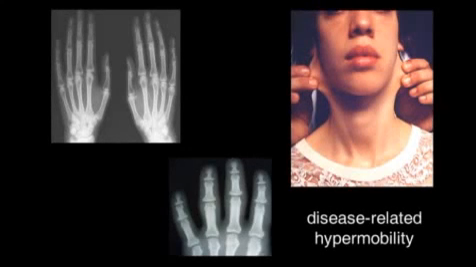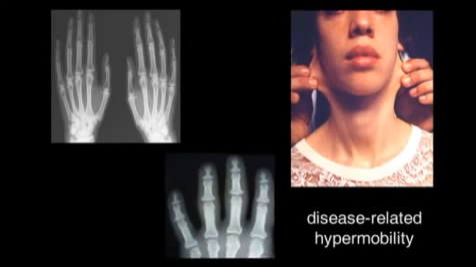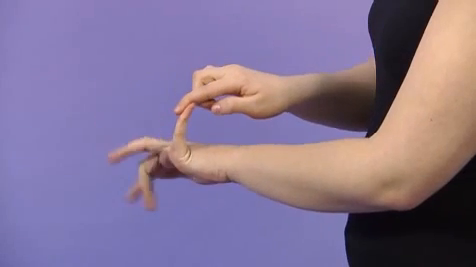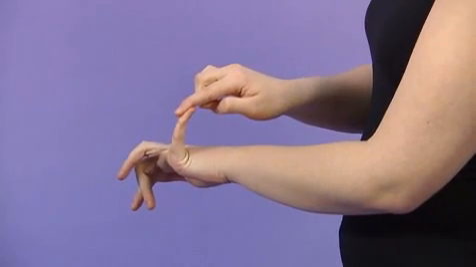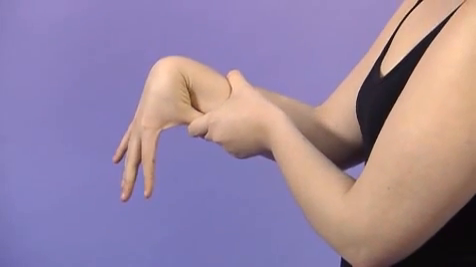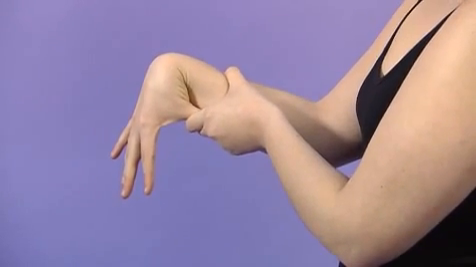Within this population, there are also a small number of individuals with disease-related hypermobilities such as Marfan syndrome, Ehlers-Danlos syndrome, and acromegaly. Hypermobility can be detected using a modified Beighton score. This gives 1 point for each of the following movements: extending the little finger more than 90 degrees, 1 point each side, bringing the thumb back parallel to or touching the forearm, 1 point each,